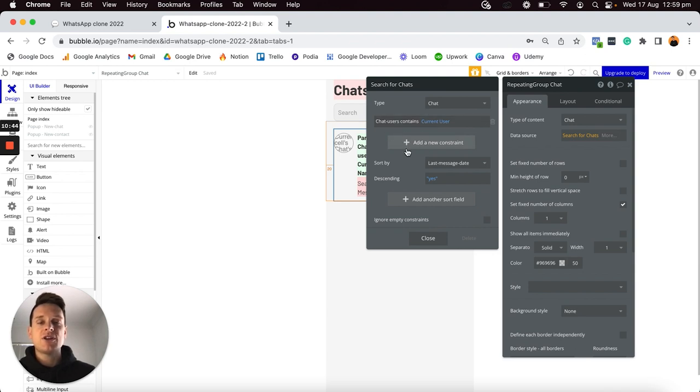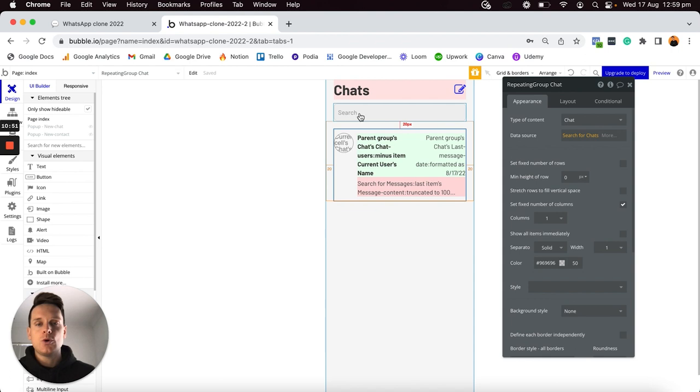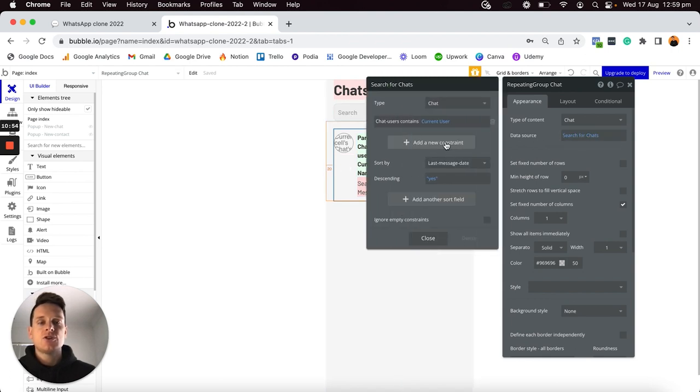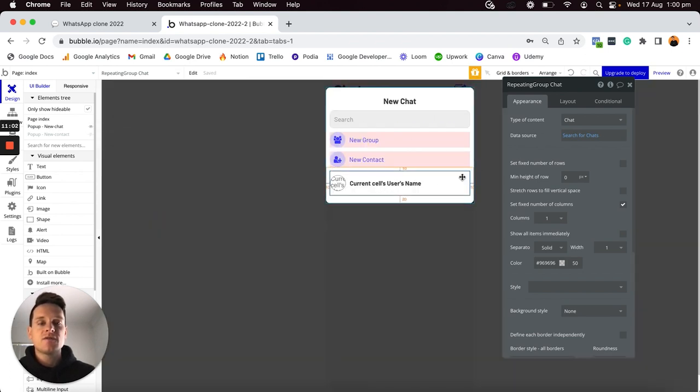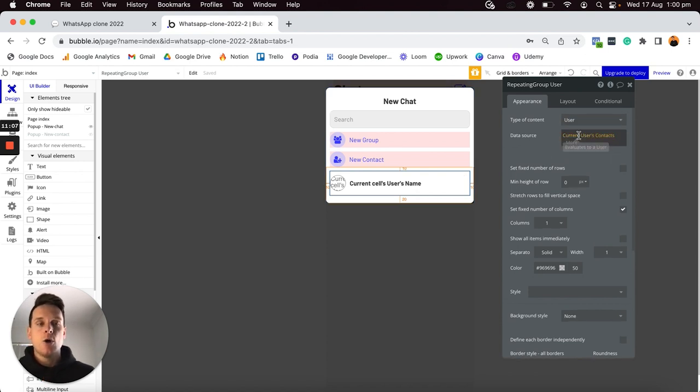And so traditionally with a constraint like this, you could say, I only want to display a chat where someone's name in that chat is the same value as this particular search field here. So you would add a constraint that does that. But one thing you might remember is that on my pop-up here, the data source for this particular repeating group is not performing a search in our database. We're simply just referencing the list of contacts, which is of course a list of users, that this person has added to their account. And so a way in which we can create a filter on this list is by